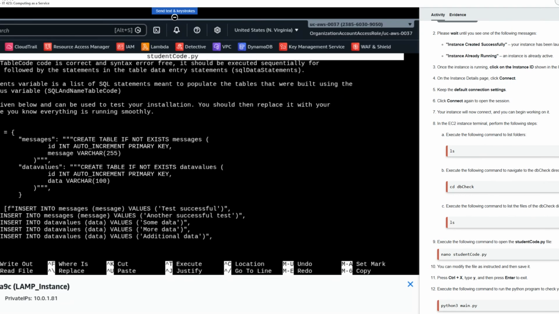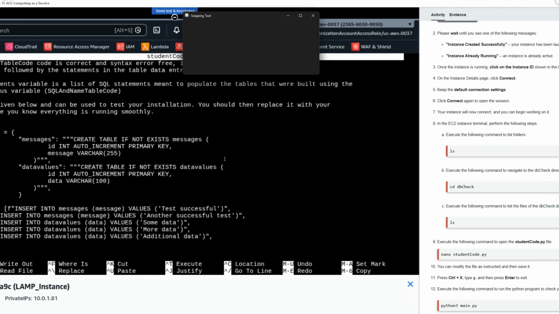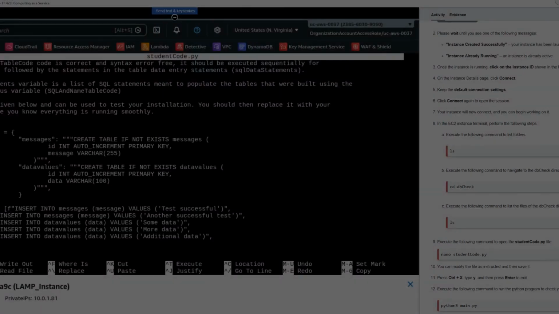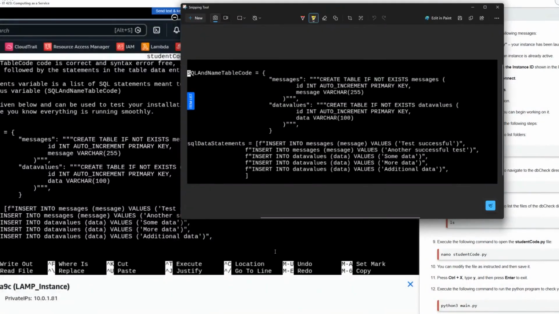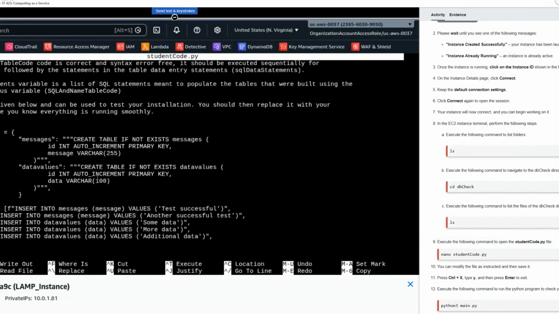The easiest way to do this, and it's the only way I've figured out to do it without having to manually edit and take the chance of putting a parentheses or a quote or a comma in the wrong spot, is we're going to take a quick screenshot of this right here. We're going to copy it, and this is